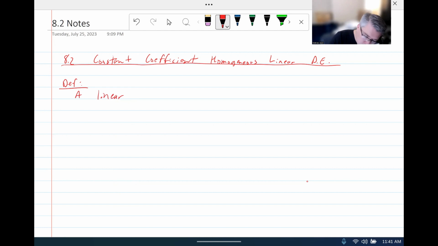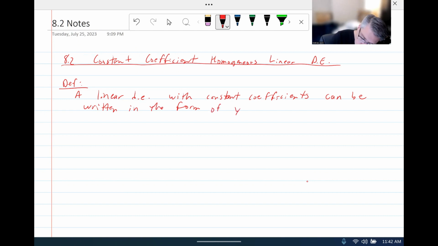A linear differential equation with constant coefficients can be written in the form